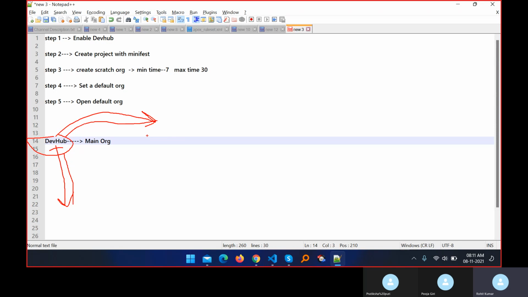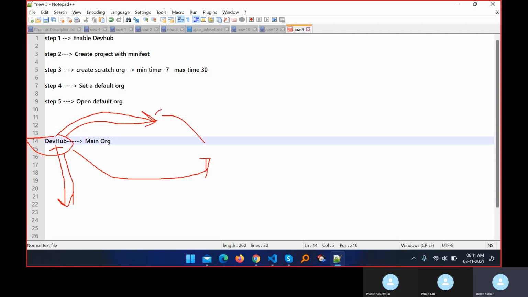So if something happens in the org, the org doesn't know which developer is working or which developer did these things. So always create your scratch org with the help of DevHub and give your scratch org to, for example, Pooja.